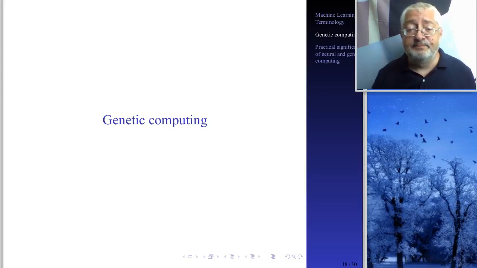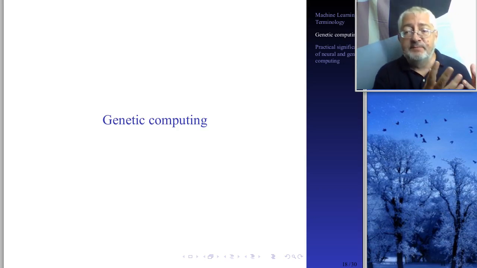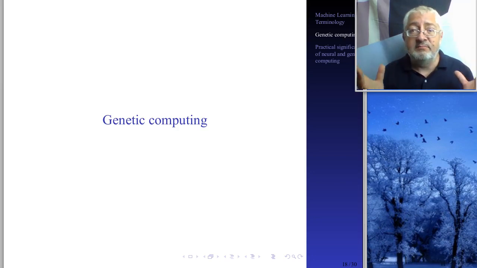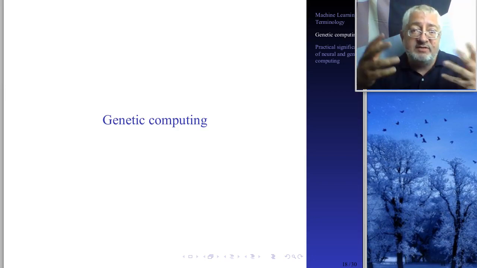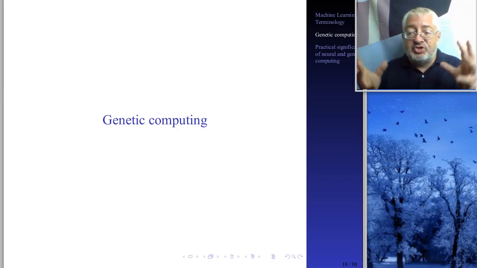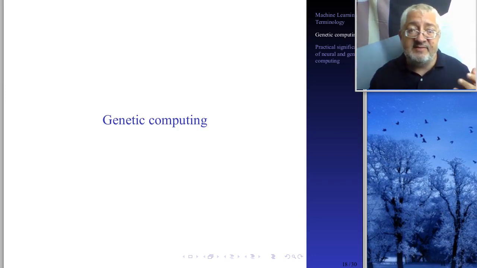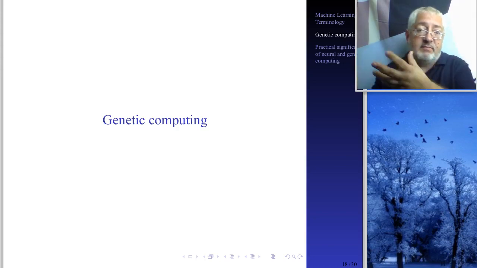Okay, welcome again. Now we will talk about genetic computing. To give you the context, in the beginning we talked about symbolic AI. You remember? Symbolic AI is about modeling the world as a sequence of symbols that are connected with each other. You have a database full of objects that are symbols that represent objects in the real world. So you have the chair as a symbol, you have a dog as a symbol, and these then can be connected, they can be arguments to predicates. So "the dog is big" is a predicate big, and the argument is the dog.